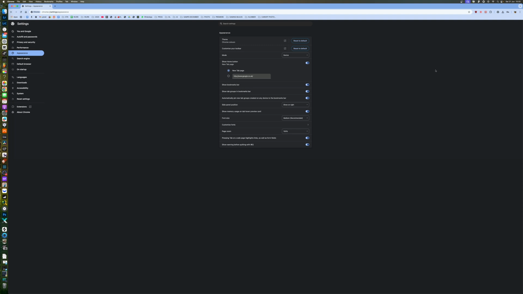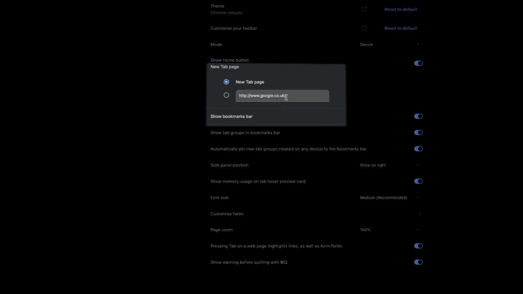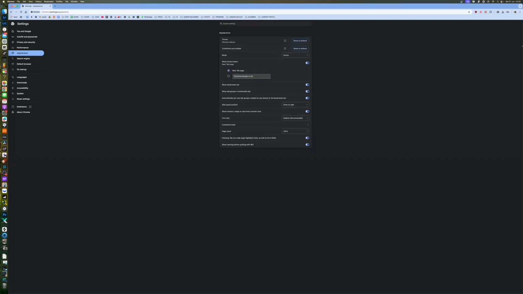So that's the way I like to have it. It's convenient. And you can also set what the home button does here. And in my case, it goes to google.co.uk. So your preference might be different, but there you go. So yeah, I do recommend having your bookmarks bar on, because once you've got your bookmark bar on,